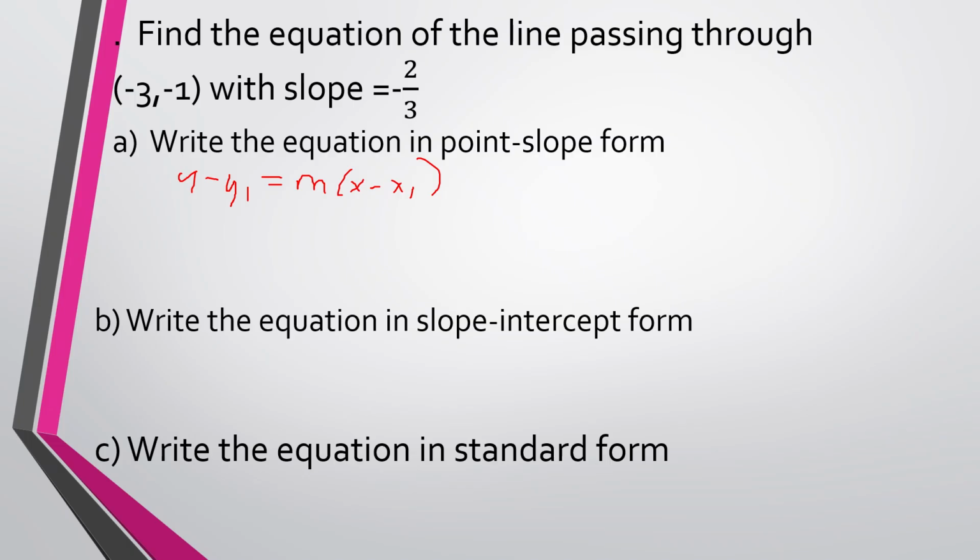So y minus negative 1 equals negative 2/3 times x minus negative 3. So y plus 1 equals negative 2/3 x minus